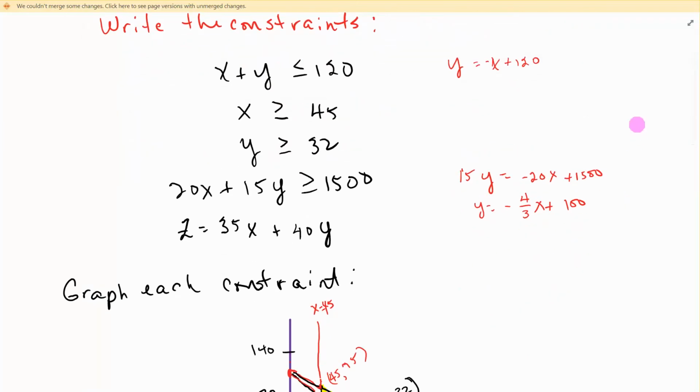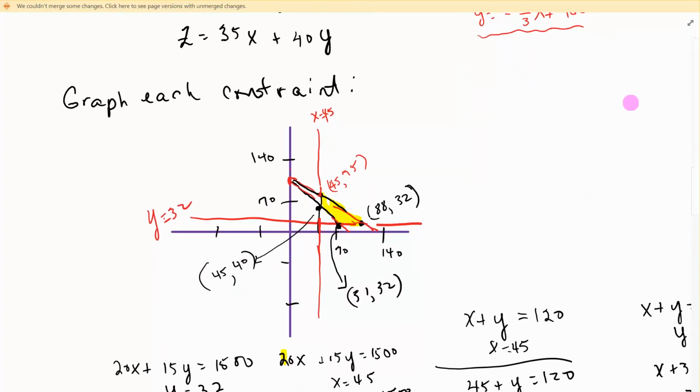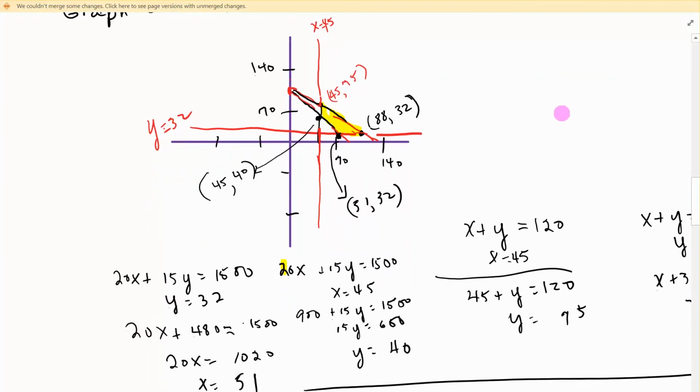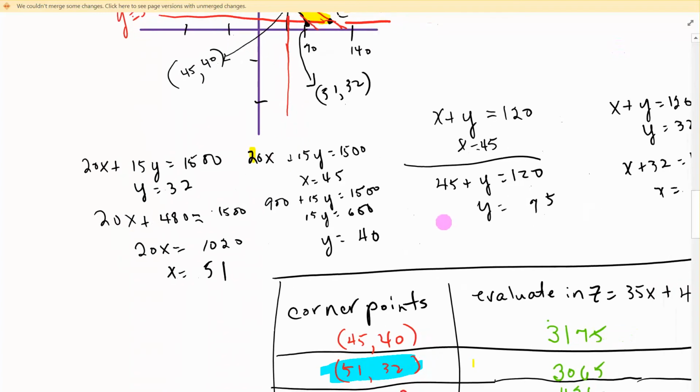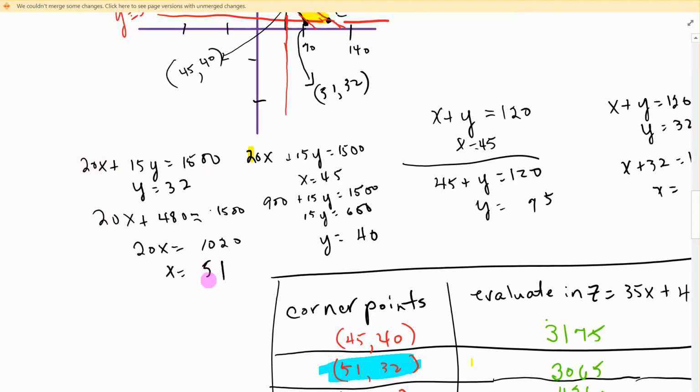In order to graph those, you do need to reorder some of them. I did that here and here. I just did this one by hand. I did the next one on the calculator, but I wanted to show you could do some things. You kind of generally sketch it, and you get this region that's enclosed right here. You have to find the corner points, and I did that by setting things equal to each other. So 20X plus 15Y equals 1,500, Y equals 32,